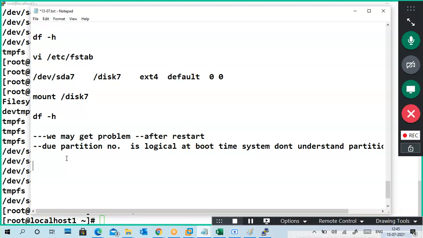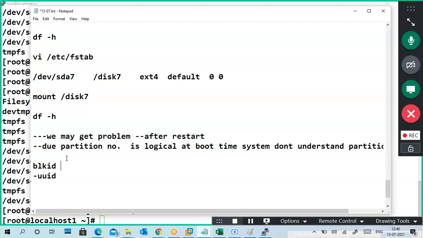So you have to go to troubleshooting, safe mode type. How to avoid this situation means you have to type a command called blkid. It means block ID, to get the UUIDs.